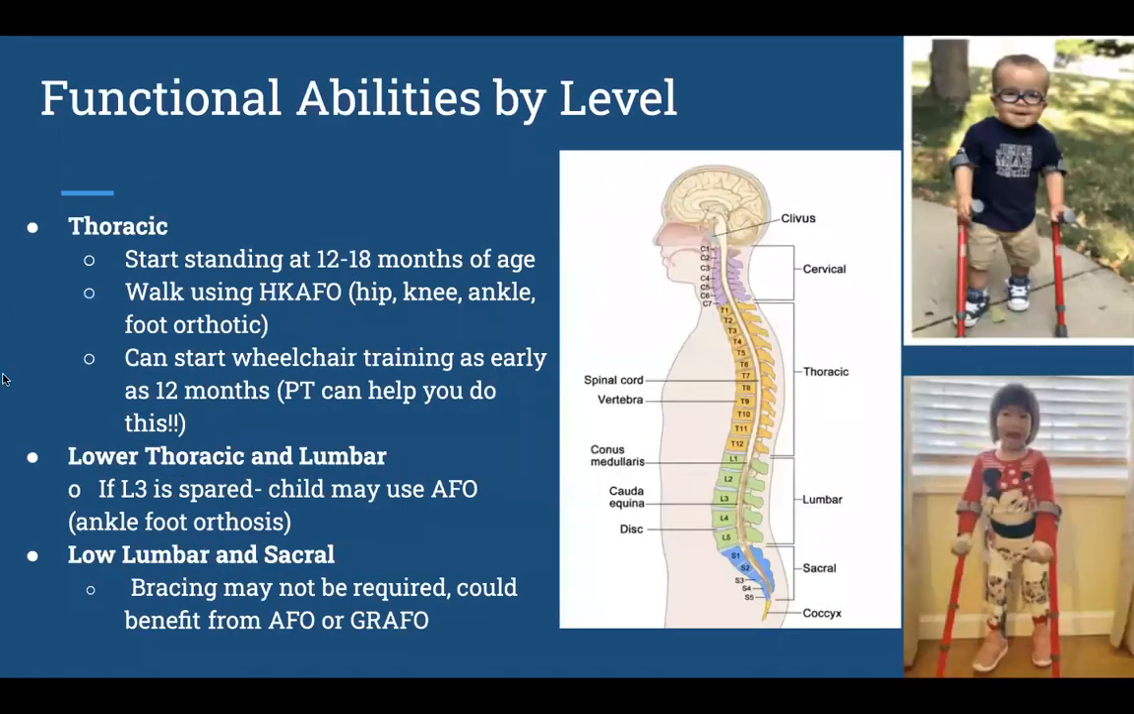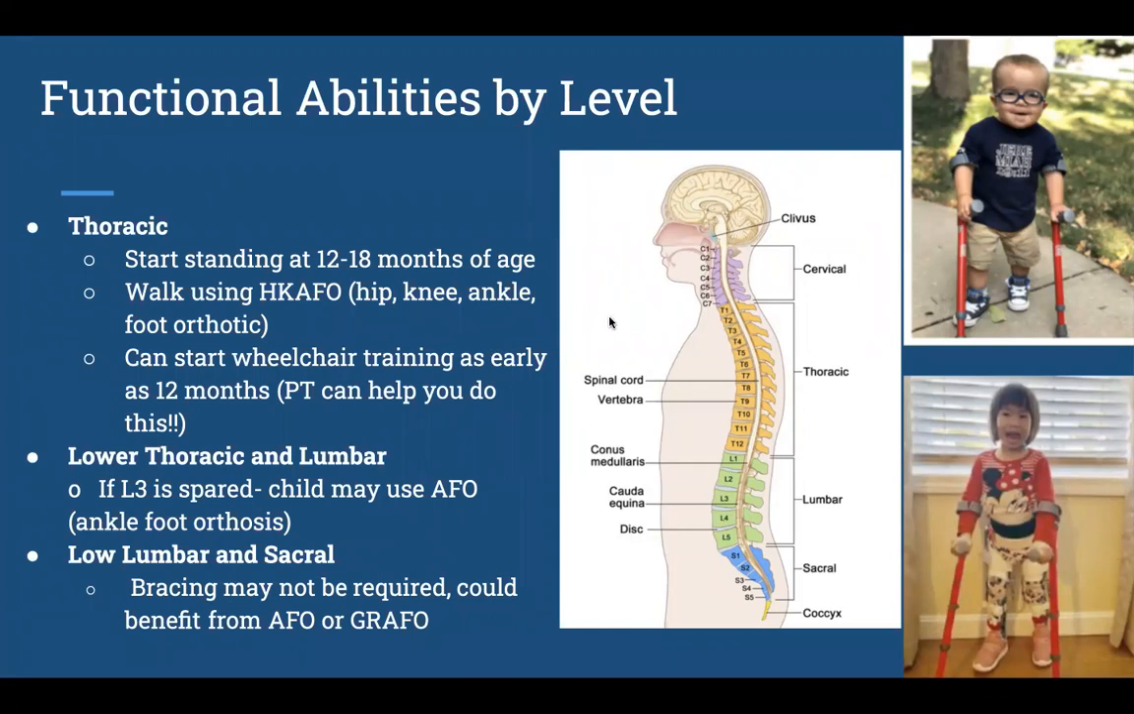So some functional abilities by level. Our spine is divided up into these different areas. So the top part is the cervical area. So that's your neck. Thoracic area, that's your middle back. Lumbar and sacral, that's your low back. And these different areas of your spine impact some of your